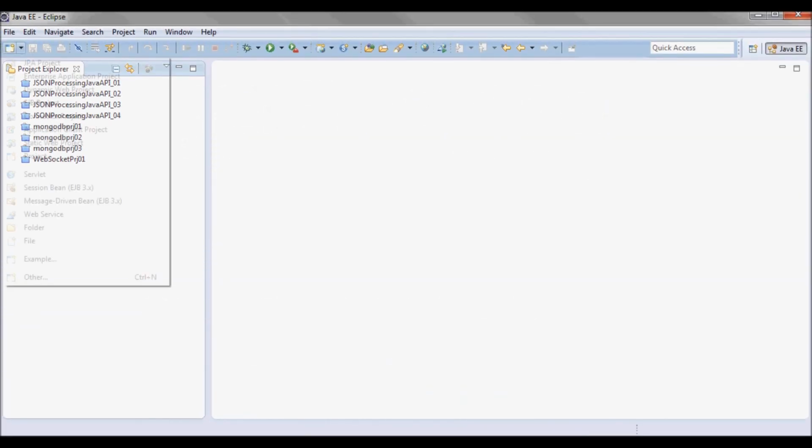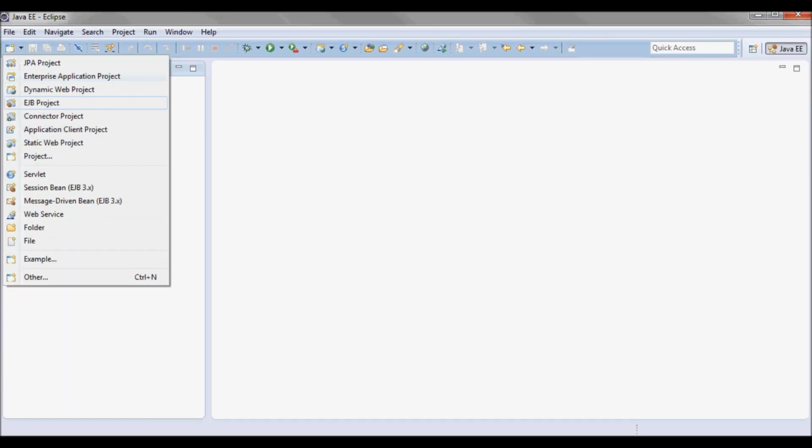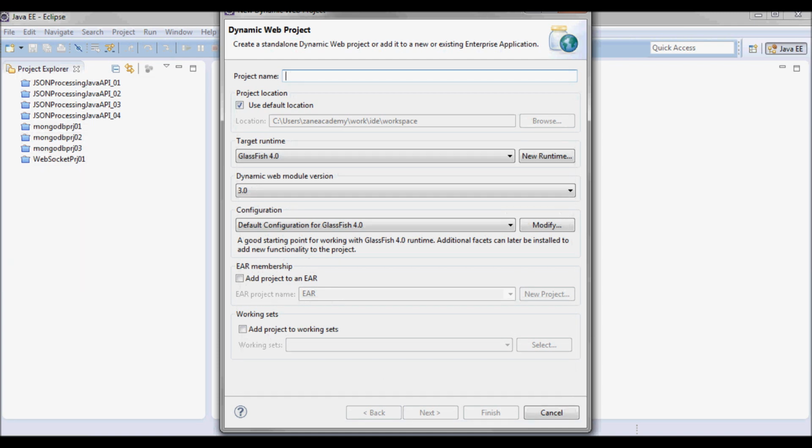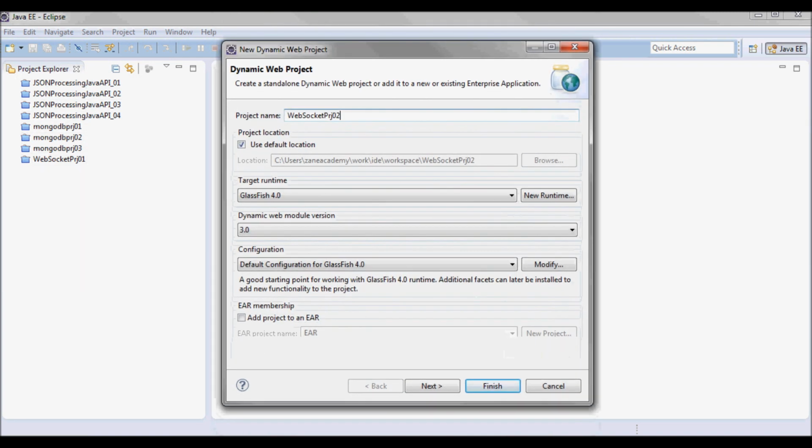I'll start by creating a new web project. It's gonna be running on Glassfish 4.